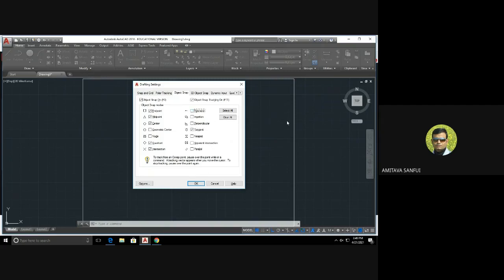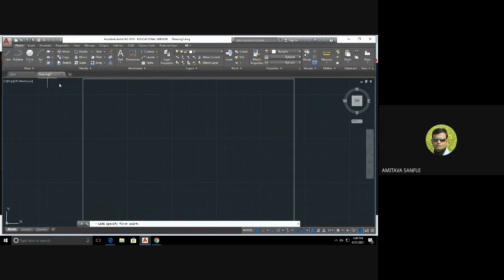Extension is not required. Tangent is sometimes required, tangent to a circle. Midpoint means the midpoint of a line. Endpoint of a line. Center of a circle. Quadrant, we know that there are 4 quadrants of a circle. Intersection between a circle and a line, or whatever. Then perpendicular to a line. Then tangent. So I have pressed OK.